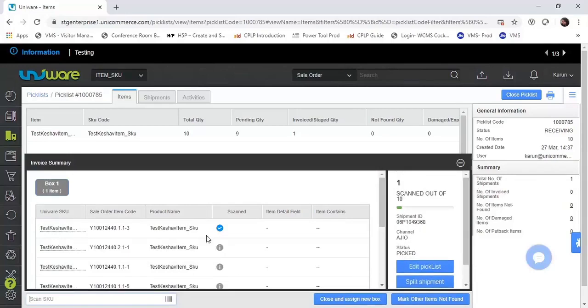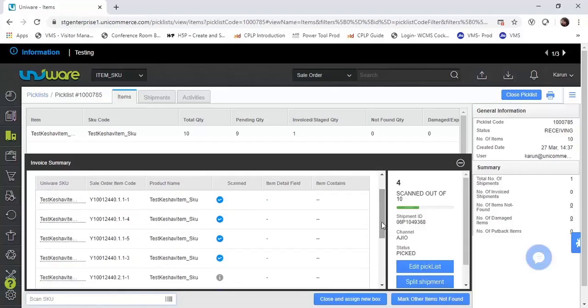So I have to do this for all the items, and as I scan, the number increases here and the tick mark is applied in front of those items. If you have a handheld scanner, you can scan the items and do the same.